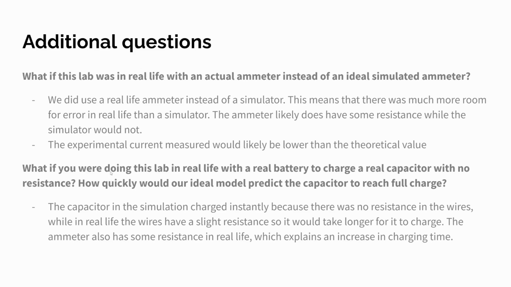What if you were doing this lab in real life with a real battery to charge a real capacitor? How quickly would our ideal model predict the capacitor to reach full charge? The capacitor in the simulation charged instantly because there was no resistance in the wires, but real wires have a slight resistance, so it would take longer to charge. The ammeter also has some resistance in real life, so that explains